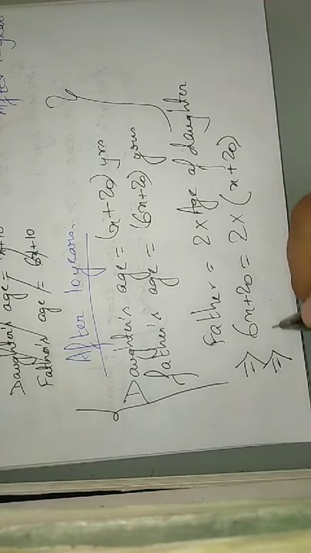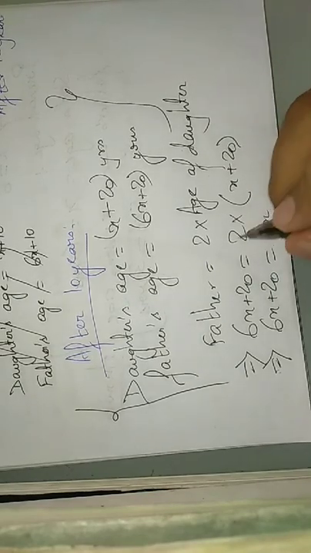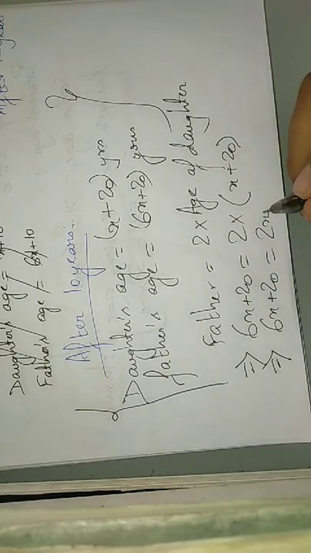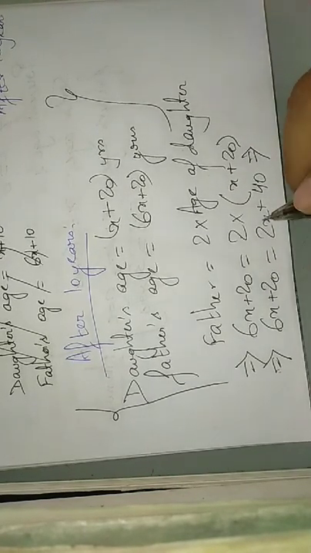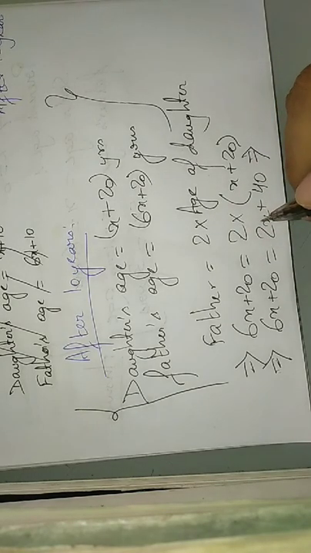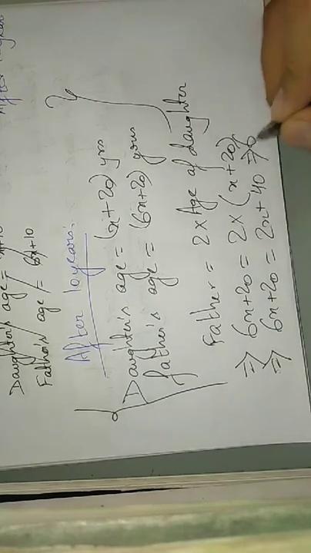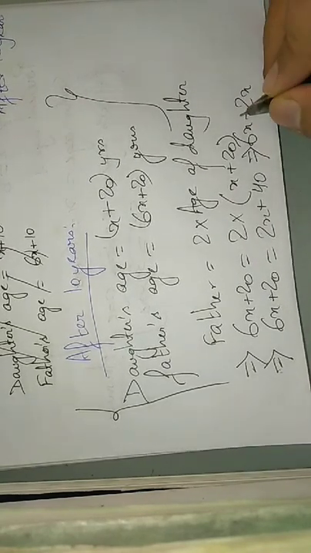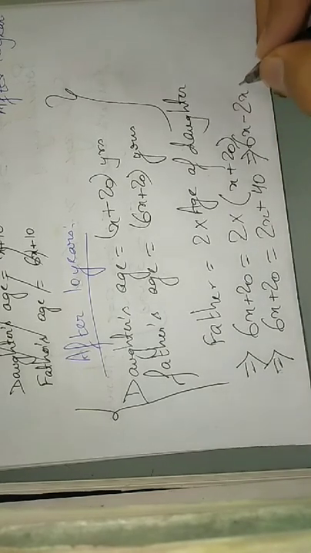So 6x plus 20 is equal to 2 into x gives you 2x plus, and this is also plus 2, correct? Plus into plus is plus. 2 into 20 is 40. Now what will happen? Variable on one side, on the LHS, and the constants on the RHS. So we will be doing transposition of 2x to LHS and transposition of 20 to RHS. So this 2x after transposition becomes minus 2x. So 6x and 2x come on the left hand side. That's why it changed from plus to minus. This is equal to